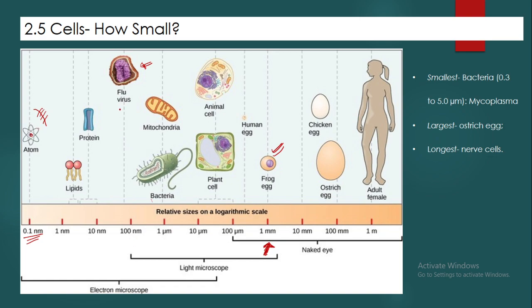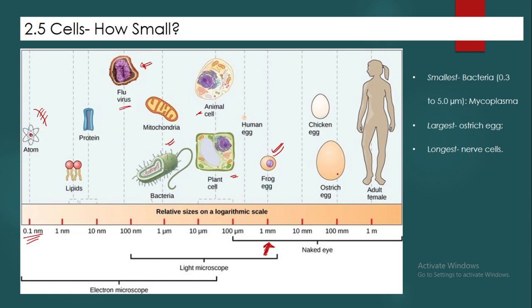This is a very large virus. The flu virus is a very large virus, 100 nanometers. So we need much more for the proteins, atoms, and all this. We can't really see the atom, but today we have such powerful microscopes that we are even able to observe the atoms. But that is not part of our business now. We are just looking at a general idea about the size of the cell. So you see plant cell, animal cell, bacterial cell. The range is coming 1 micrometer, 1 millimeter, around this range.